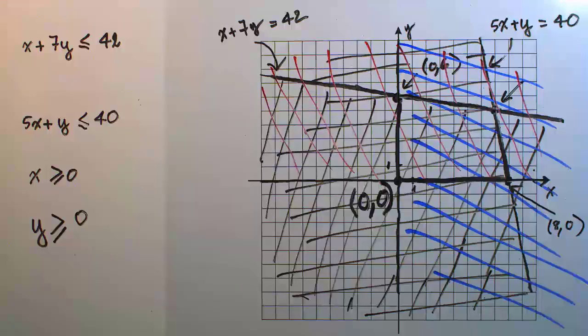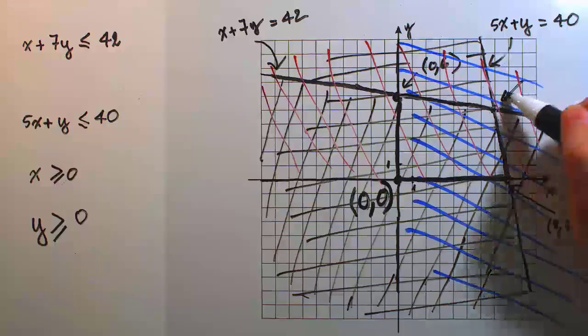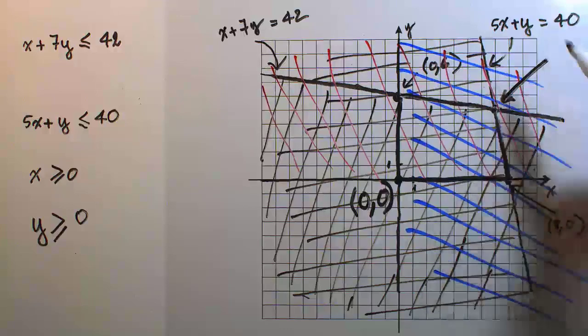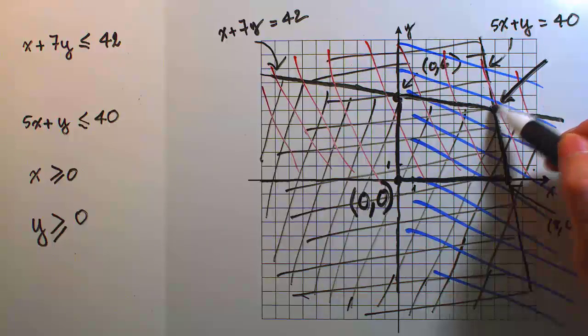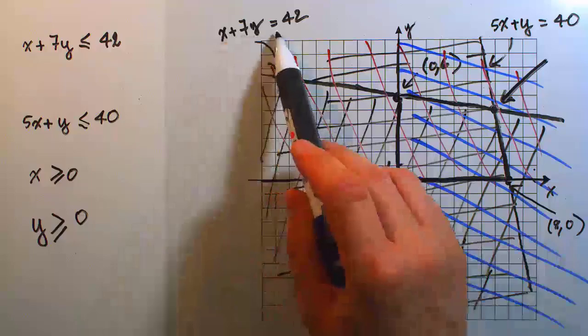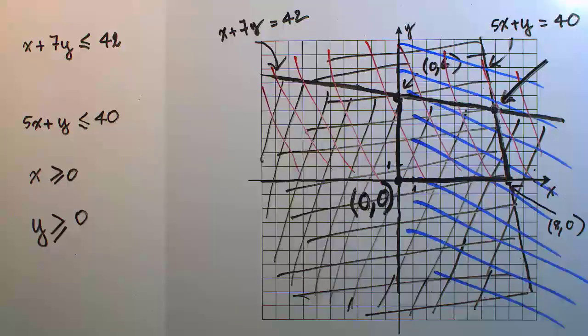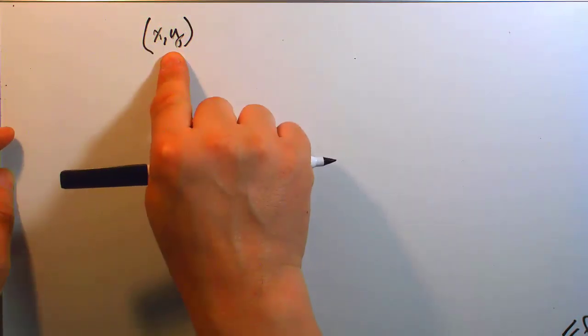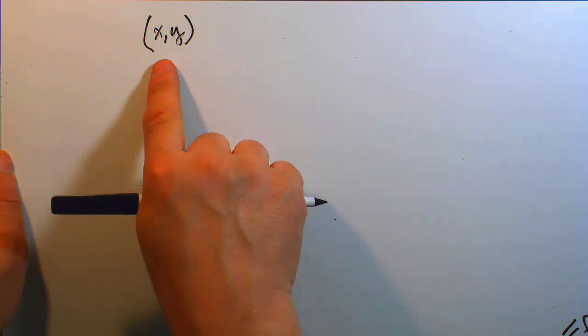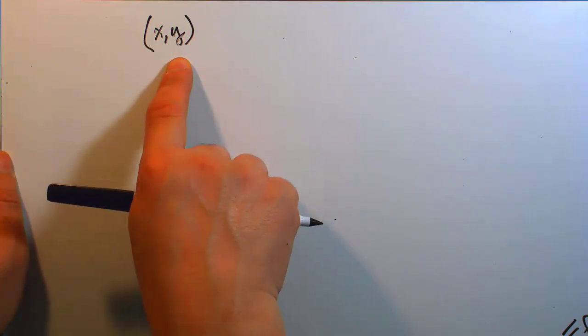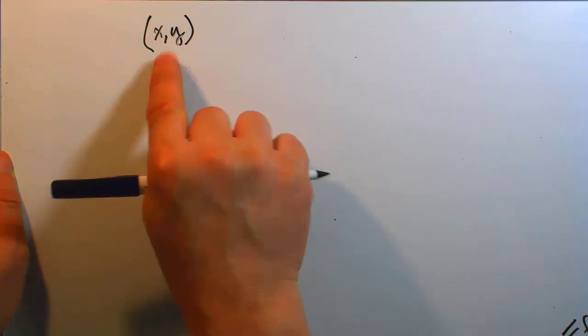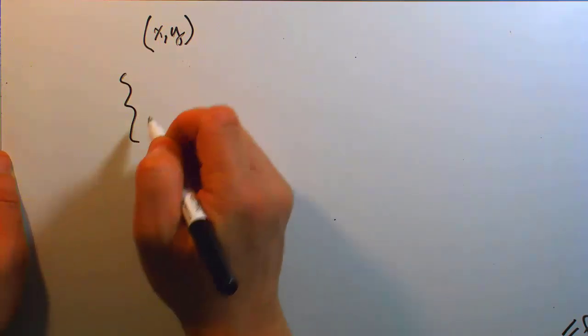And so the last thing now is to find out what this point is. So what is this point? This point is the intersection between the two lines x plus 7y equals 42 and 5x plus y equals 40. And so finding the x and y value that's the intersection of the two lines previously seen in the graph, and allow me to put the graph away because we need space here, that coordinates pair is simply just the solution to the system